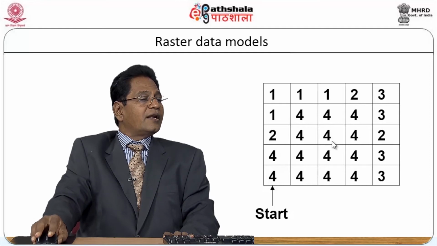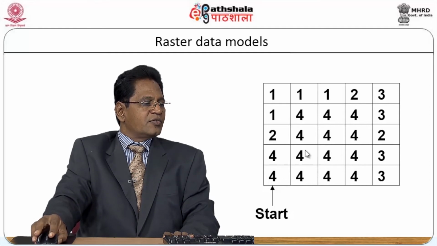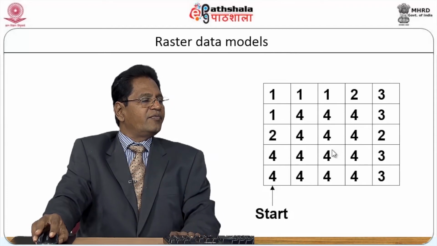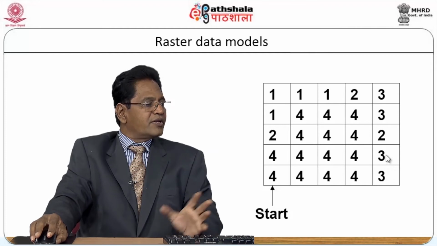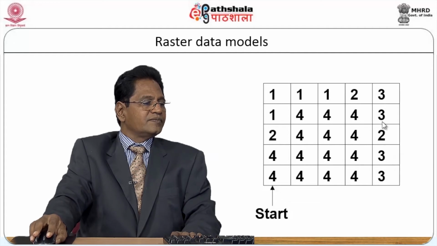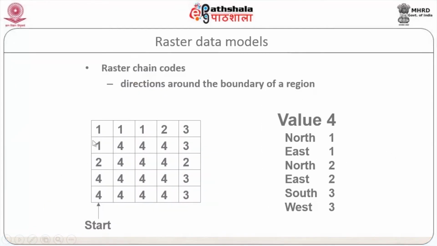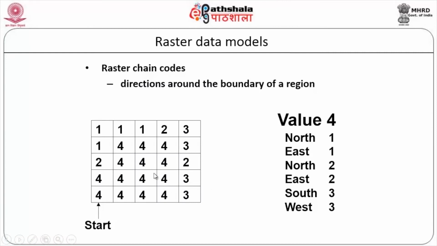So, this is how your run chain code, a chain-like structure, goes like this, goes like this, goes like this and comes back. If it is a very small grid, you will understand it better with a larger grid. But of course, in other cases, when you have small areas like this, consider this cell: its location to the north, same value, that is all, it is over. Here is only one cell, only its cell location will be there. Sometimes when you have different features in the same map, this is a little difficult one to express.